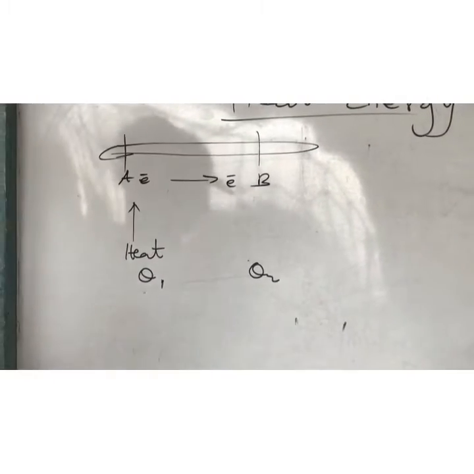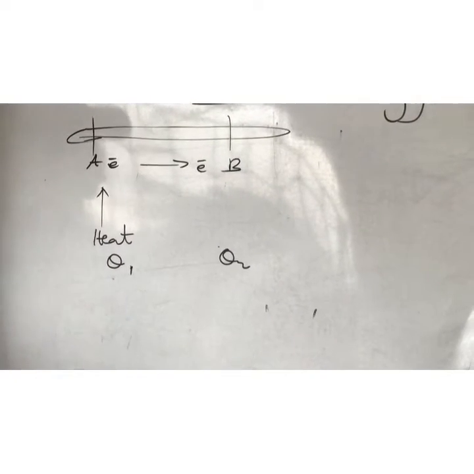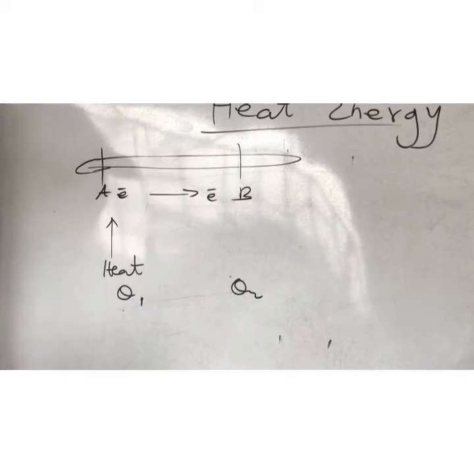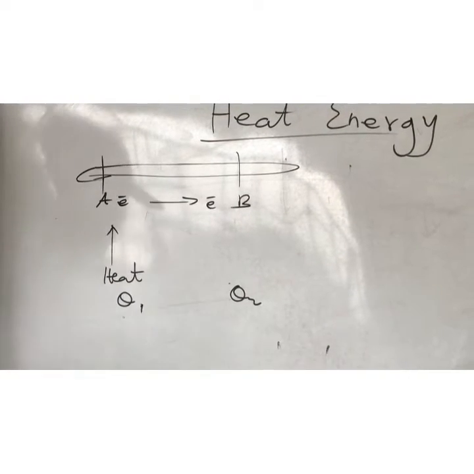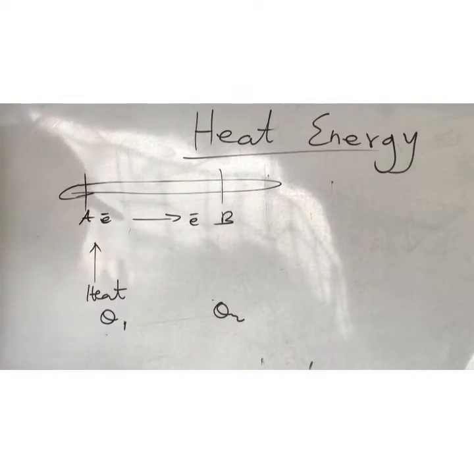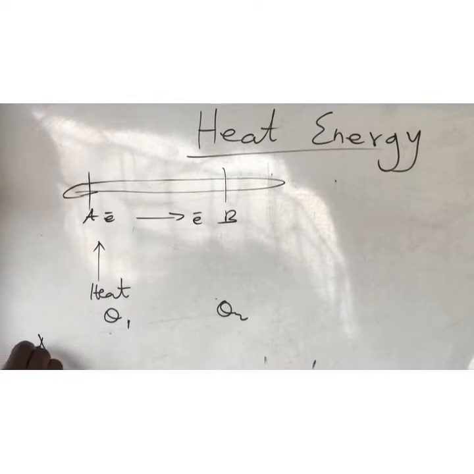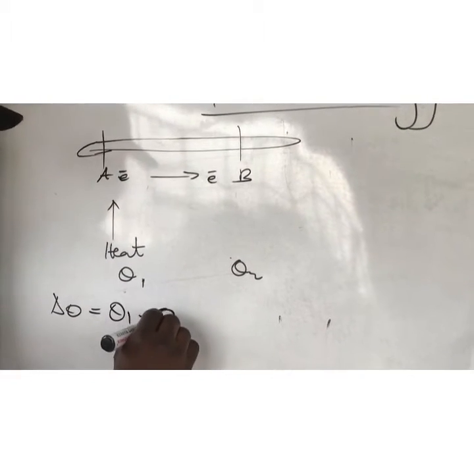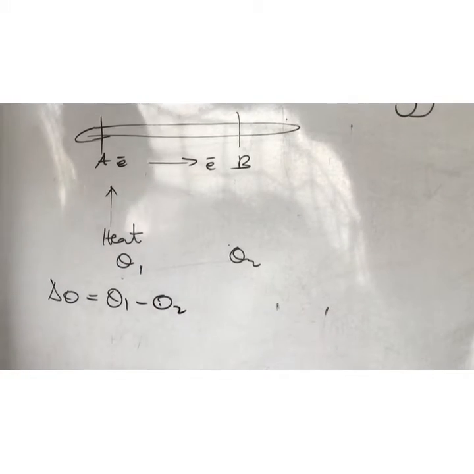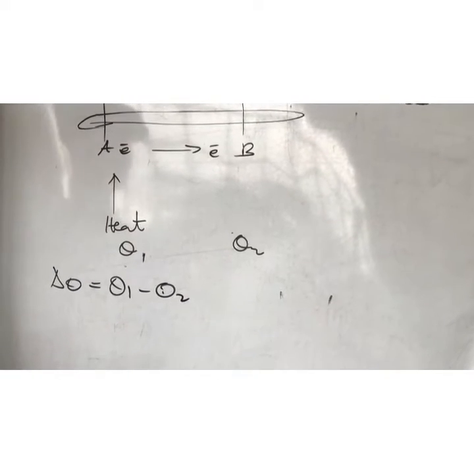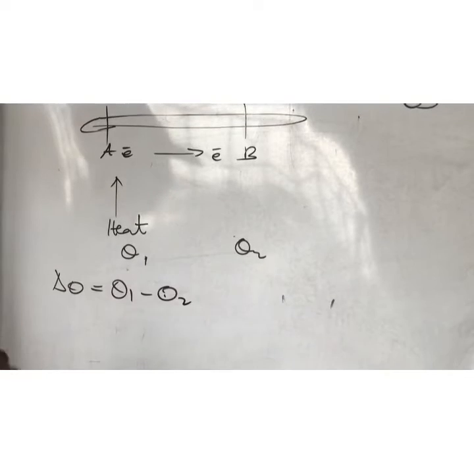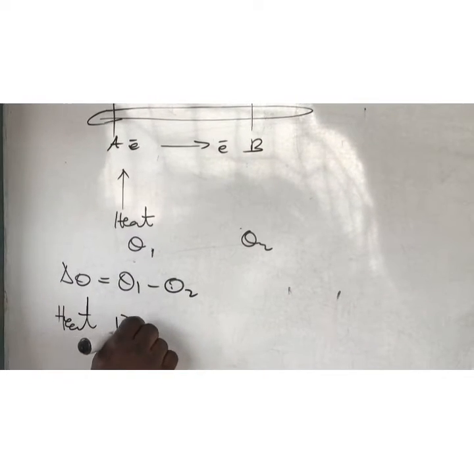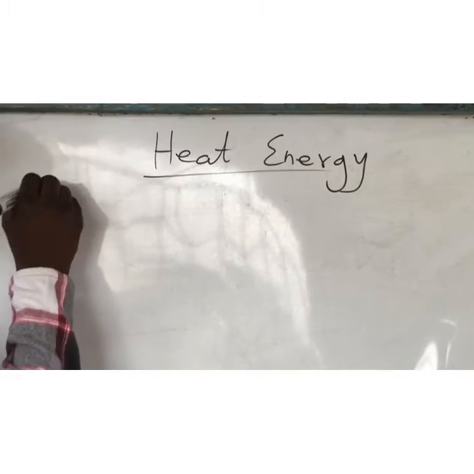So you have to note that temperature or heat moves from highest temperature to the lowest temperature. So it means that point A, which is subjected to the heat, will have high temperature. So change in temperature will be equal to θ1 minus θ2. Immediately we have difference in temperature within the metal rod, it means that heat is moving. Let's look at some effects